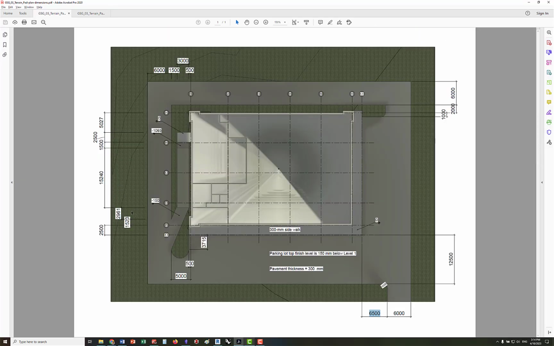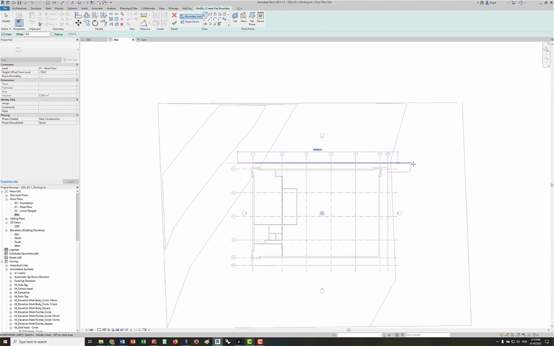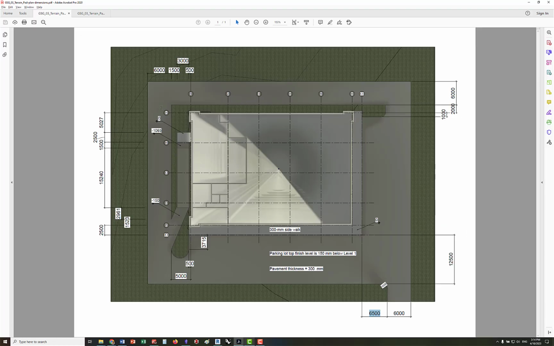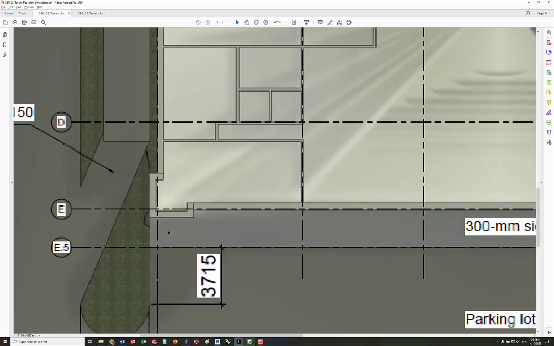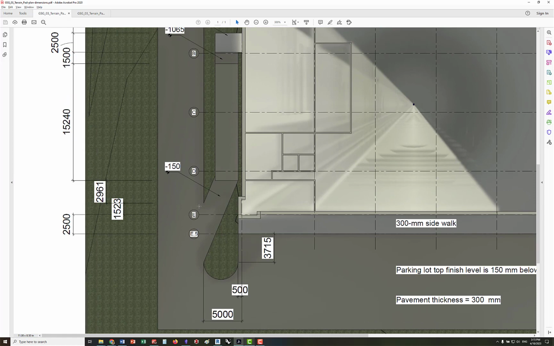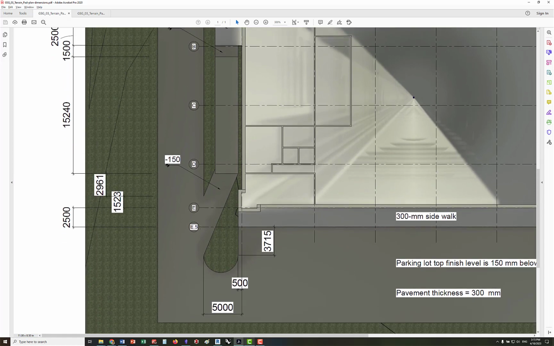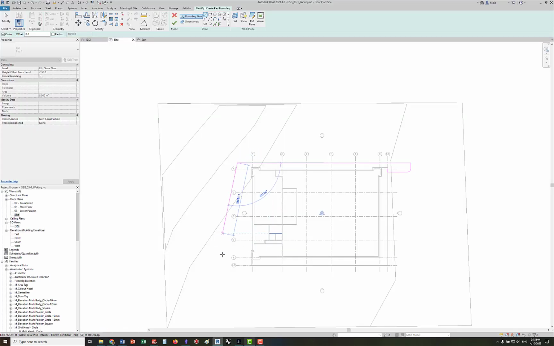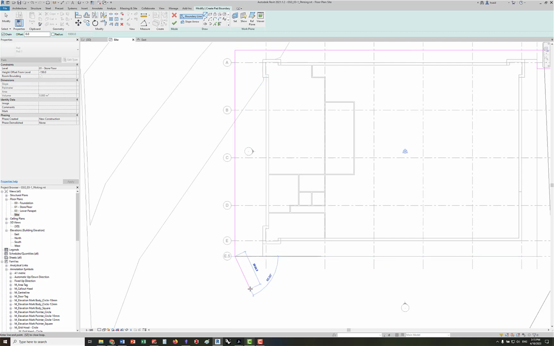And then I will need to go down all the way here. Oh, sorry, actually, I'm drawing this line, the inside of the parking lot, this line here. So I will need to go all the way to this point. I can figure out how to deal with the opening pretty soon. So I go all the way to grid line E.5, and then go below it by 3175. So go all the way to E5 here, and then 3175,